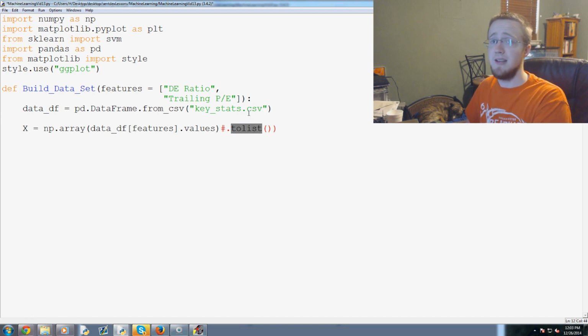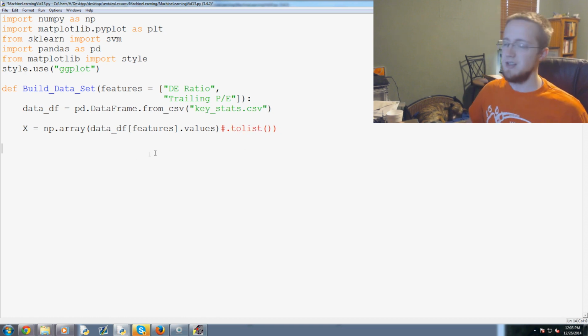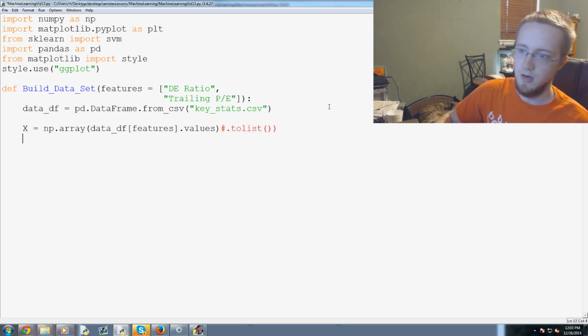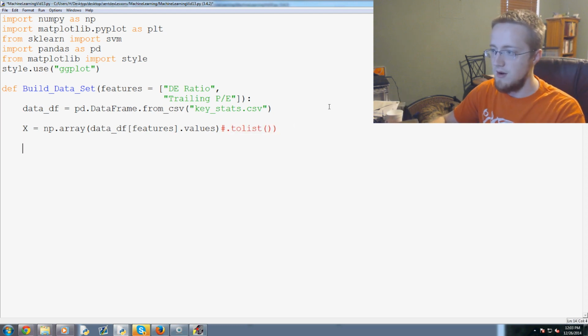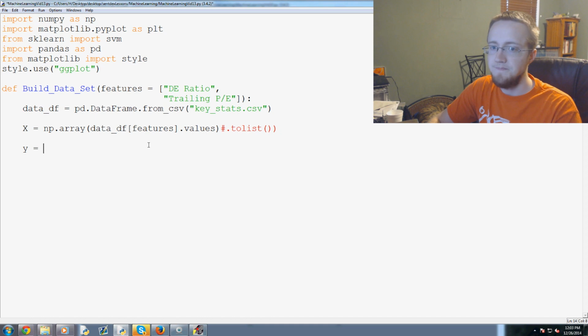So it's a list of lists, and then we're converting it to a NumPy array. I'm not really sure .tolist is necessary for us, so we'll leave that there for now, and if we need it, we'll bring out this comment again. Anyways, then we're going to say y equals the following, and this is going to equal data_df